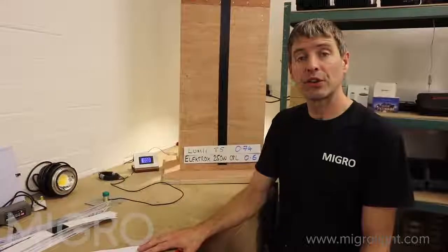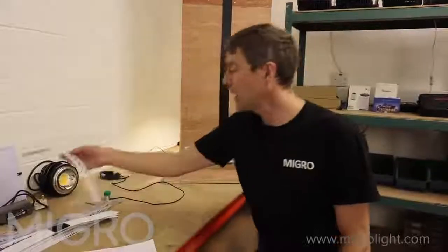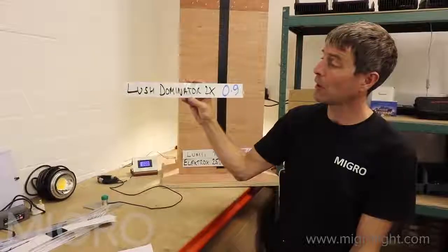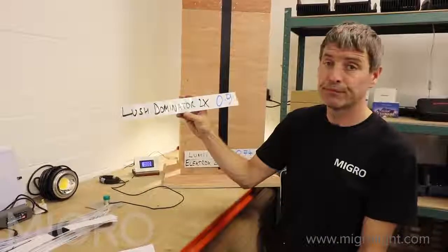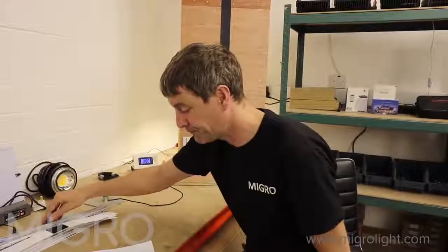Next one along, we're going to look at some pretty low efficiency LEDs. So we have tested the Lush Dominator 2X. It is the lowest rated light we've tested bar CFLs, so don't buy them. Next one,